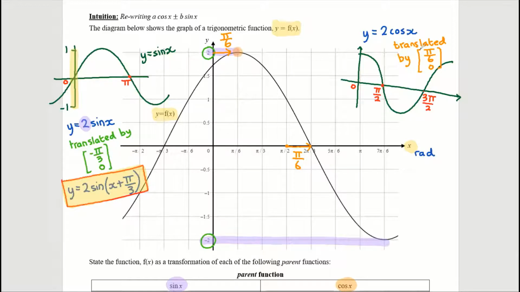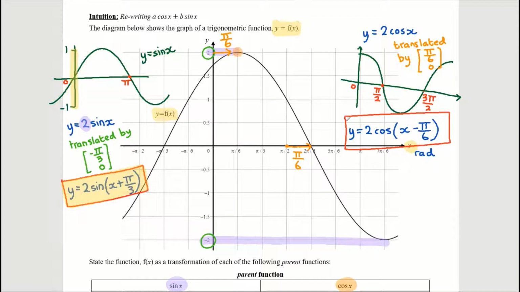So how does that materialize in the function itself? Well, it's quite easy. It's inside opposite, so I have to put a minus sign in front of that pi over 6. So it's going to look like this. So it's going to be 2 cosine of (x subtract pi over 6). All right. And that looks like a suitable candidate